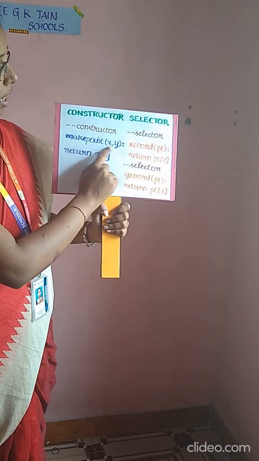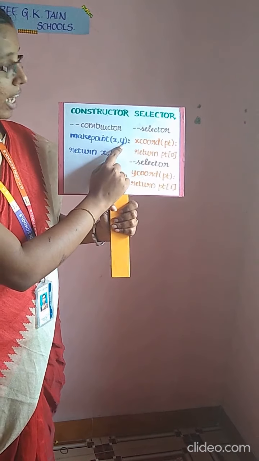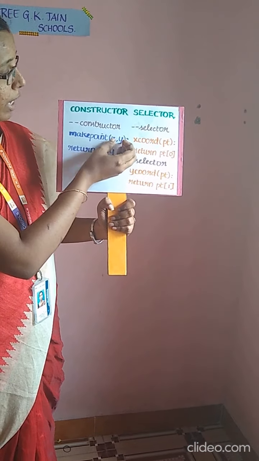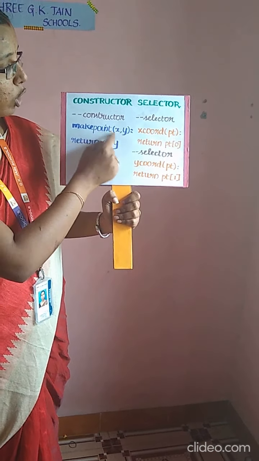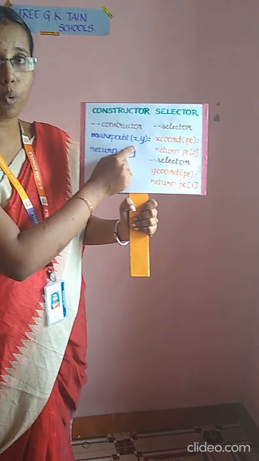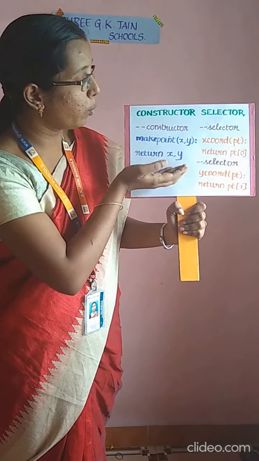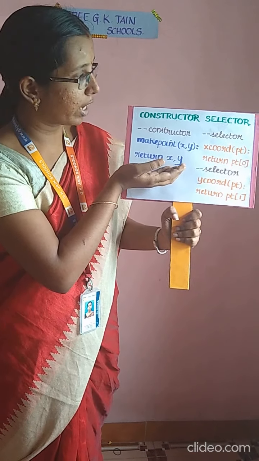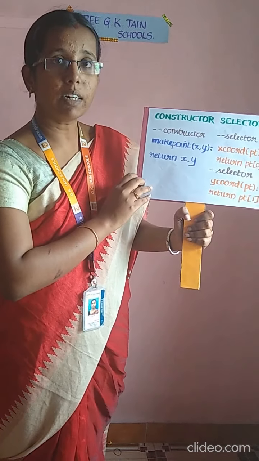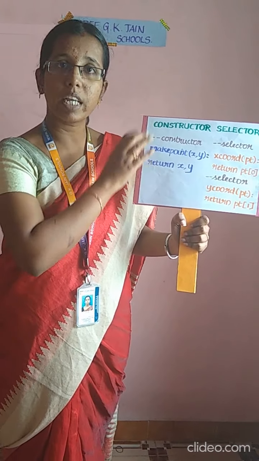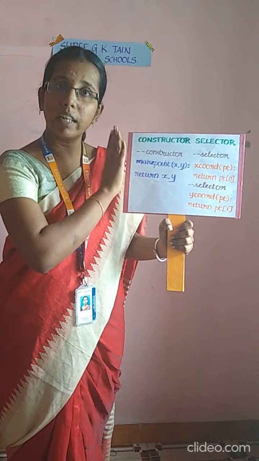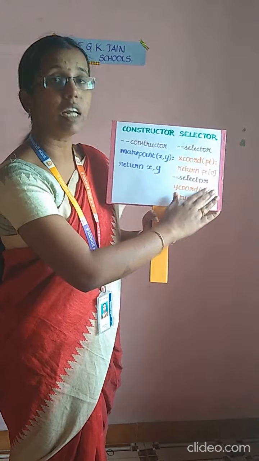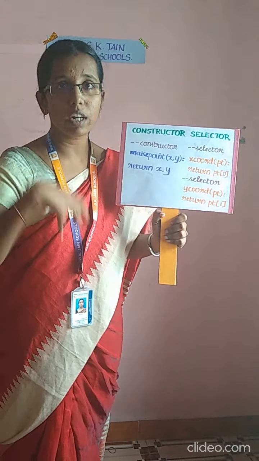Constructor will have x and y as the coordinates that will be passed over to the function make point, return x and y. What are the parameters you passed over here in the make point? You will return here x and y. You will create the abstract data type by using a constructor over here. You will not get any information in the constructor, but in the selector you will retrieve the information from the object you selected.